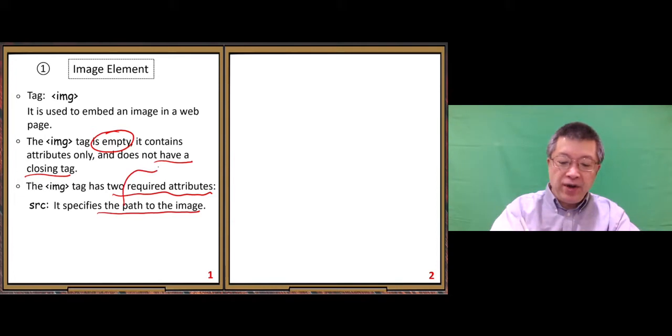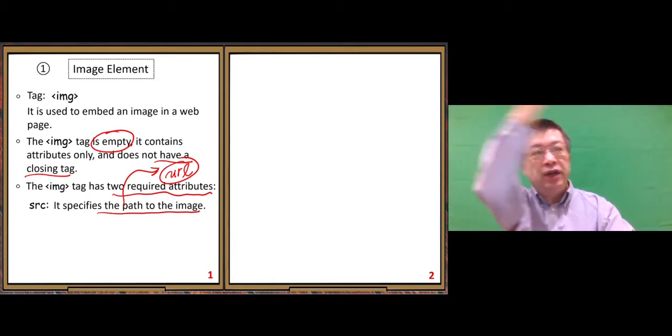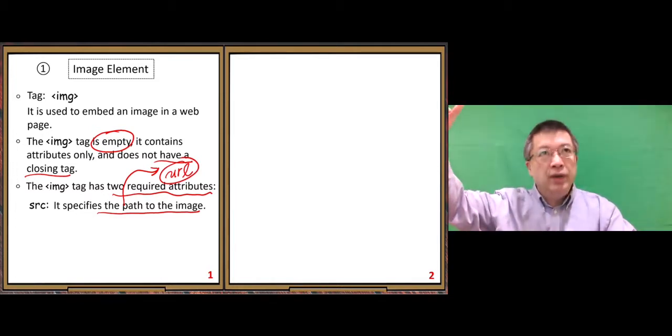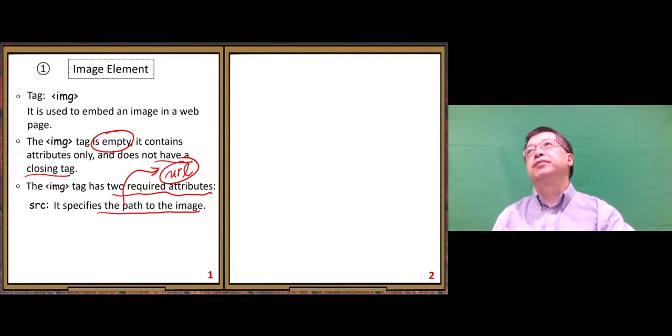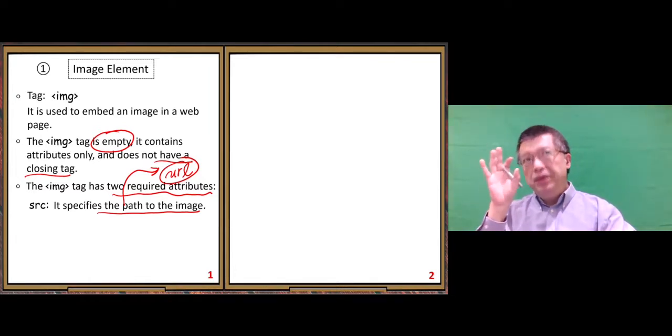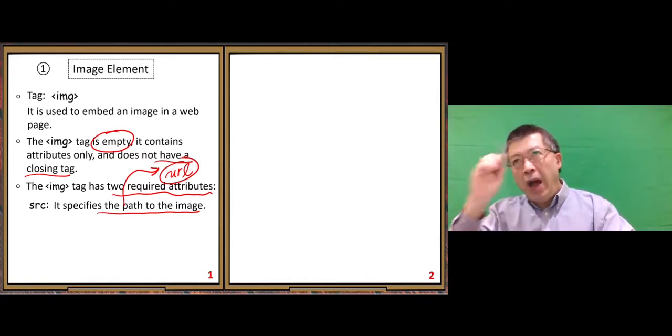This path, we know, refers to the URL of the image. The location of an image on the web, we usually use a URL to represent it. But how do we write a URL? The format we use for a URL uses slashes, right? Slash corresponds to path,